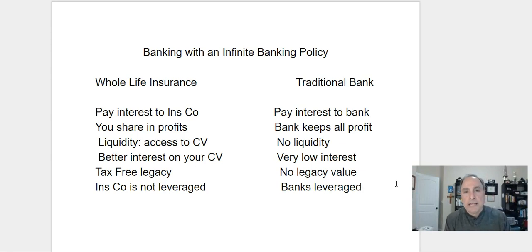That's why in 2008, tens of thousands of banks all over the nation, including one of the largest, Washington Mutual, went out of business. And that's why some of these financial institutions had to be bailed out by your tax dollars, because they're highly leveraged, and they're highly leveraged even today. The mutual insurance companies aren't leveraged like that. For every dollar they take in, they've got to have in reserves money that they can pay out on every single death benefit. In other words, if there was a run on the insurance company, they'd have the money to pay all the money back to you.